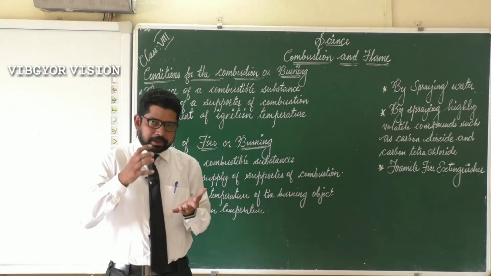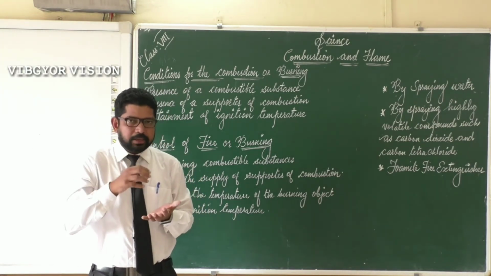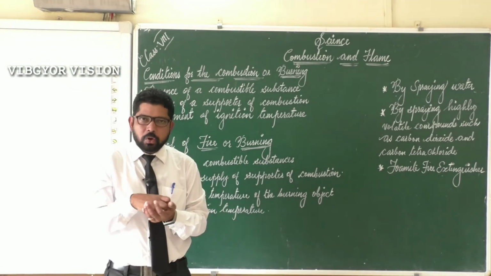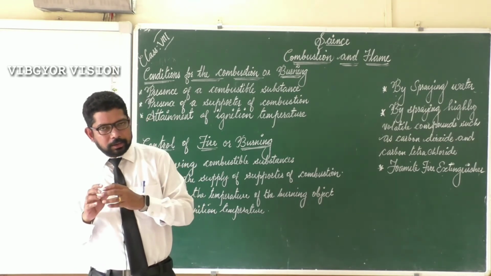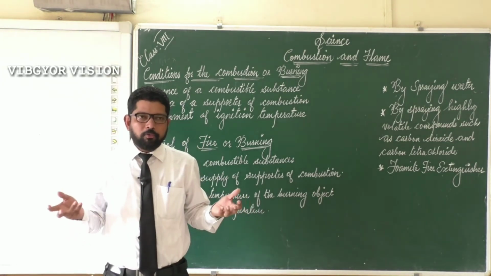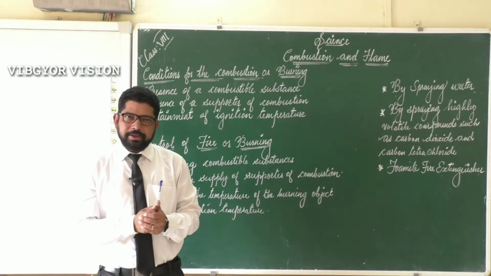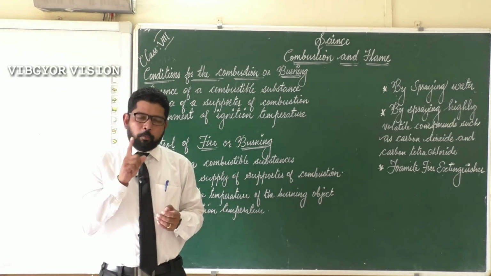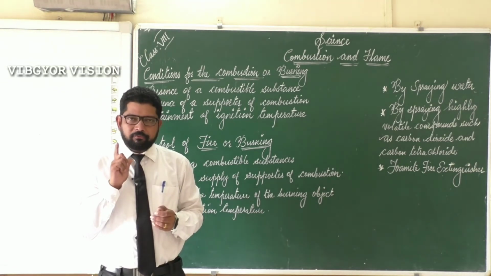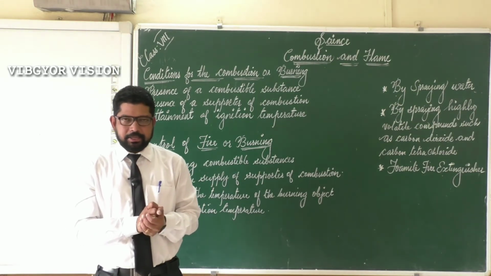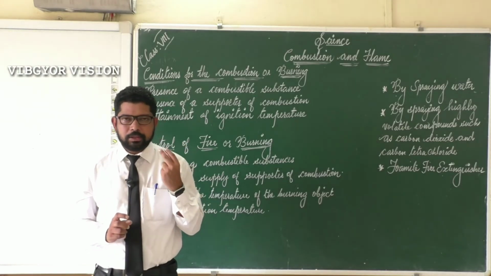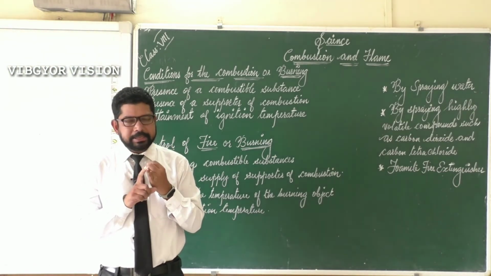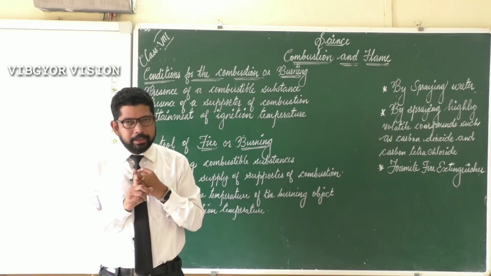Have you understood? The reason is that the density of oil is less. Due to this less density, oil will be floating on water. So as we are spraying water, the oil can move or spread to more areas, and it can cause more accidents. And one more thing, we won't spray water if the fire is caused by electricity. So in these two cases, we are not spraying water. One is fire caused by electricity, next one is fire caused by oils.